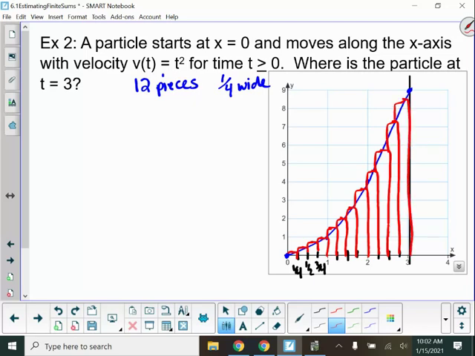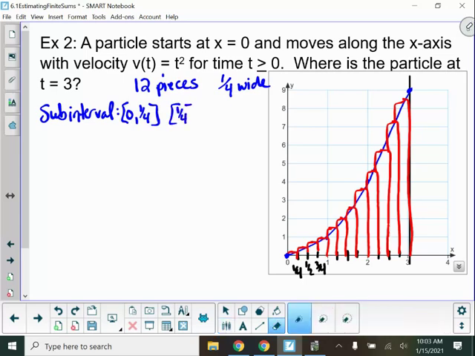So you can see each of the rectangles that I draw has a piece above, a piece below. If I find the area of all of those rectangles and add them up, it's going to give me a pretty decent approximation of my area under the curve. So I'm just going to pull out the very first one from 0 to 1, the one that I wrote out. So I have a subinterval from 0 to a fourth, from 1/4 to a half,